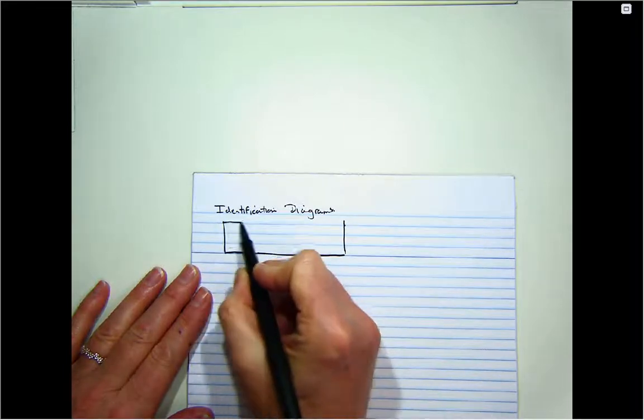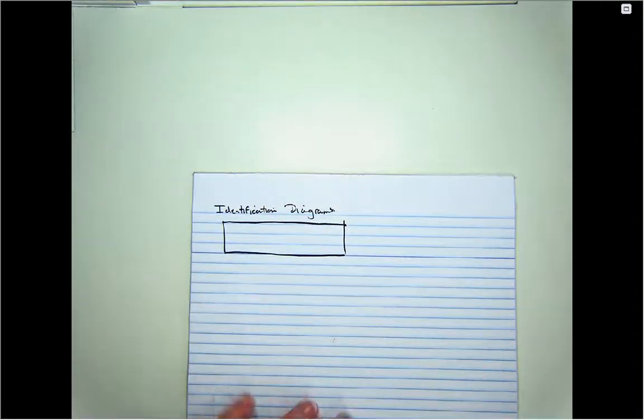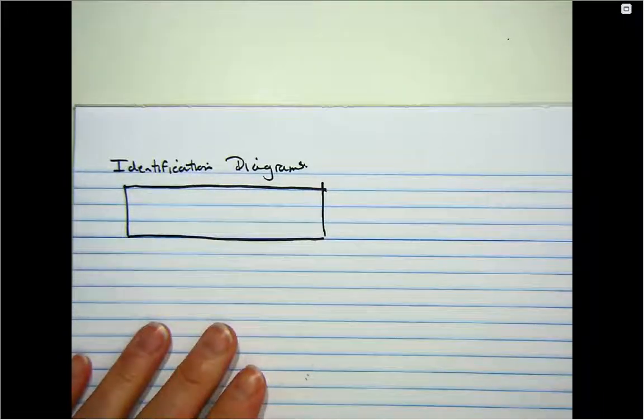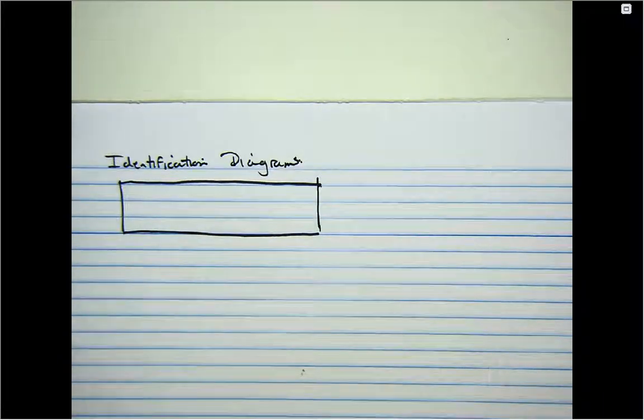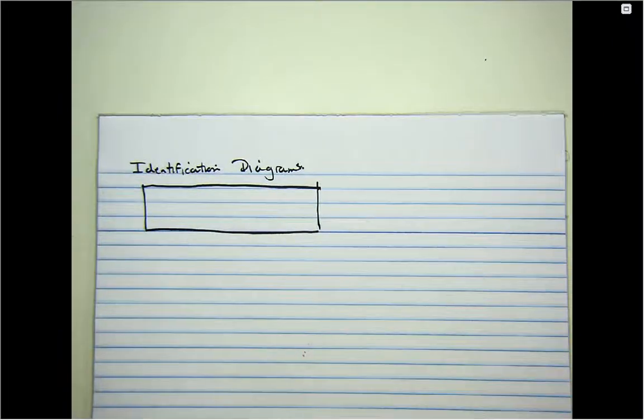So an identification diagram is a pattern to give directions to how to assemble one of these 3-dimensional shapes. So it's an effort to take a 2-dimensional piece of paper and describe how everything's going to fit together in